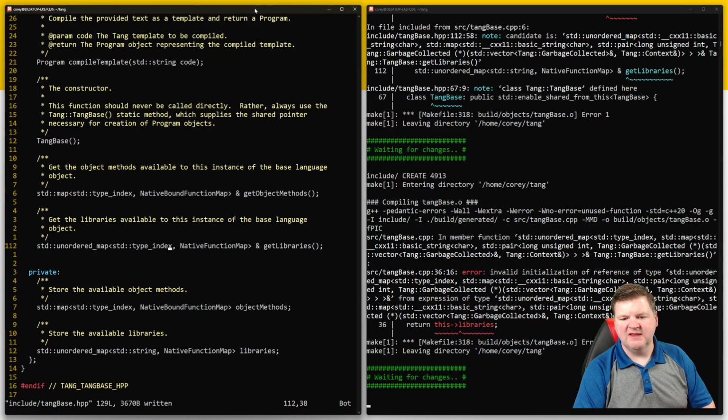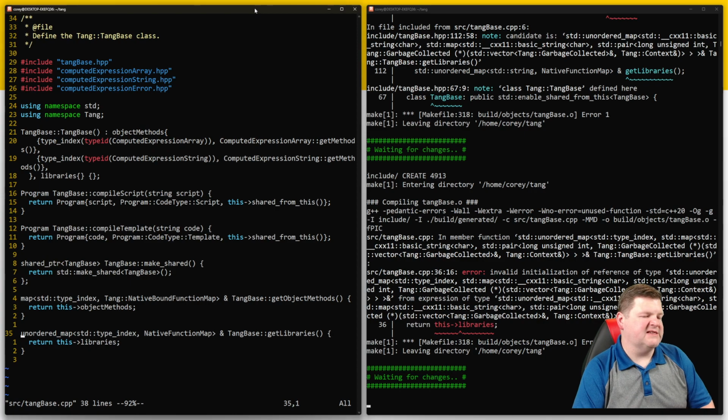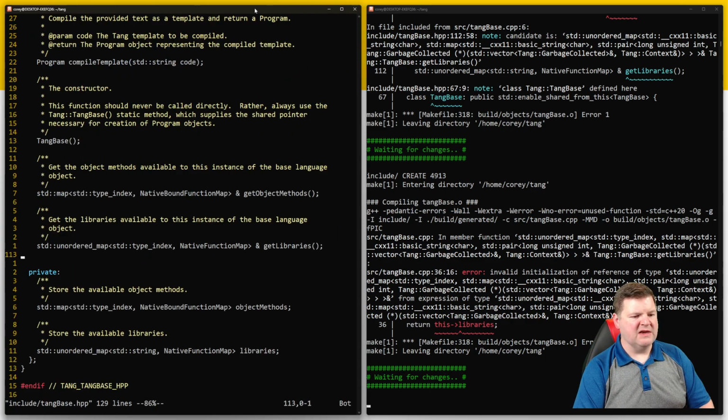Libraries is not that. This is tangbase.cpp. Yeah, that's in B5. Everything's out of order right now. Oh, libraries itself needs